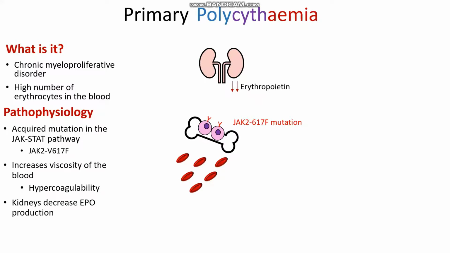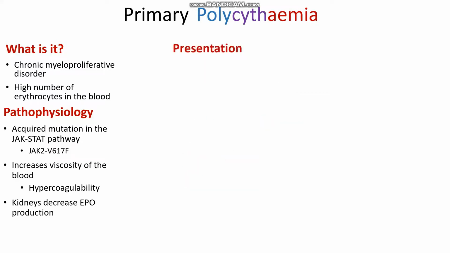So what sort of presenting features, what sort of symptoms may patients complain of? Things that are common in polycythemia are things like headaches. The absolute classic symptom that they complain of is this itch, this constant pruritus. And the classical condition is something that we call aquagenic pruritus. So whenever a patient with polycythemia gets in a bath or a warm shower, they get this intense itch all